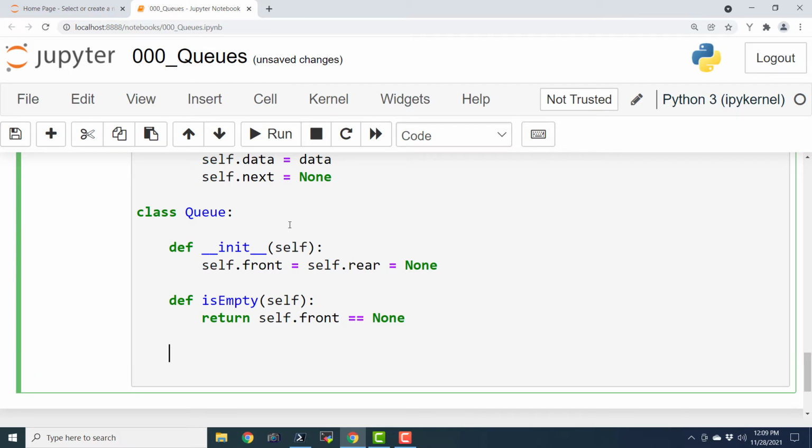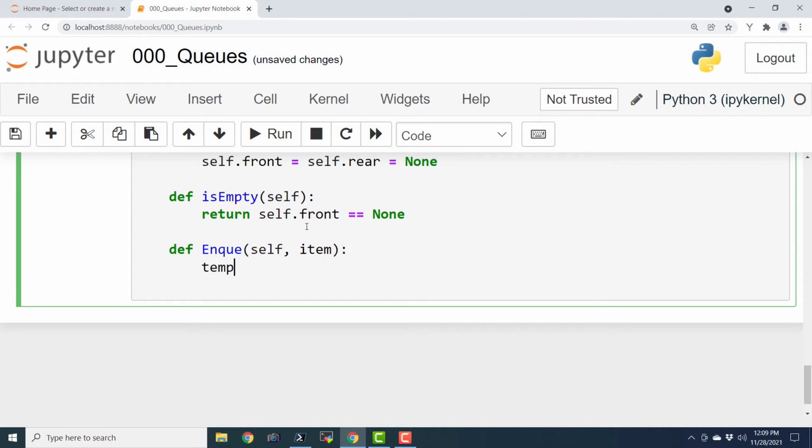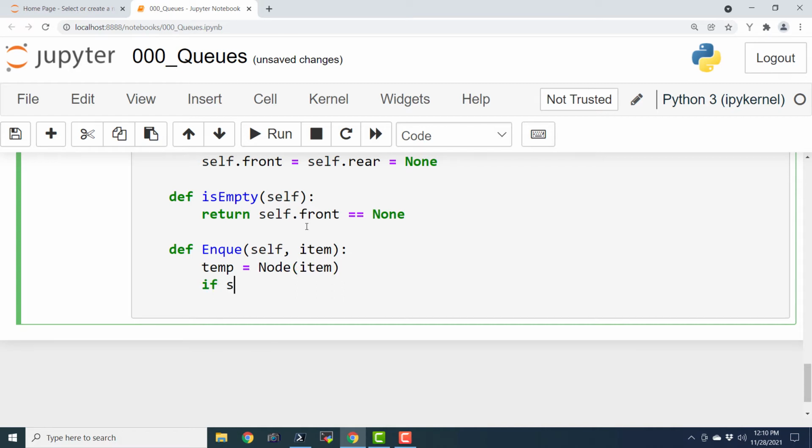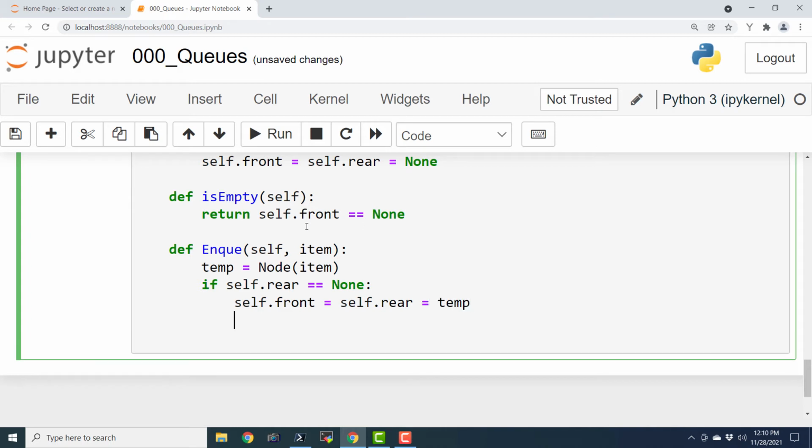And similarly, we are going to write a method for enqueuing the data. So enqueue. This is the enqueue operation. Self, item, temp equals Node(item). If self.rear equals None, here we are going to say self.front equals self.rear equals temp.